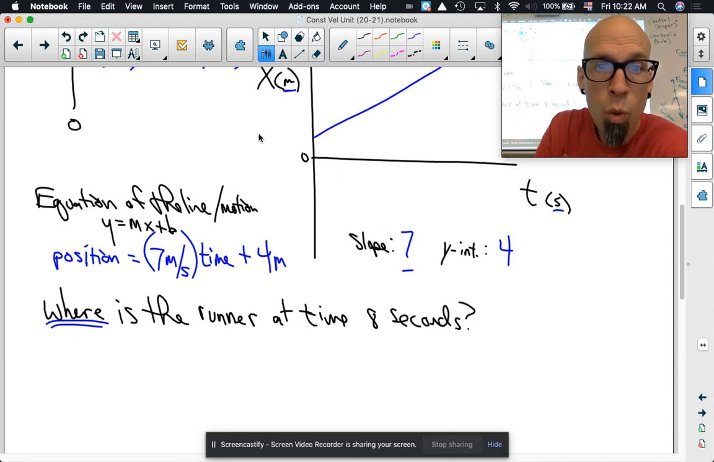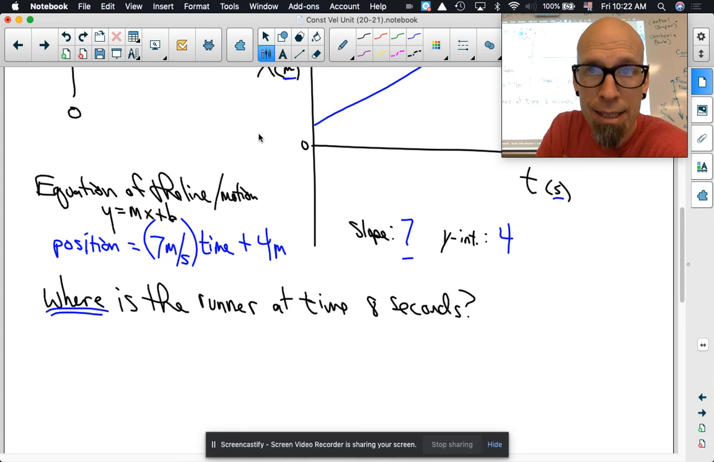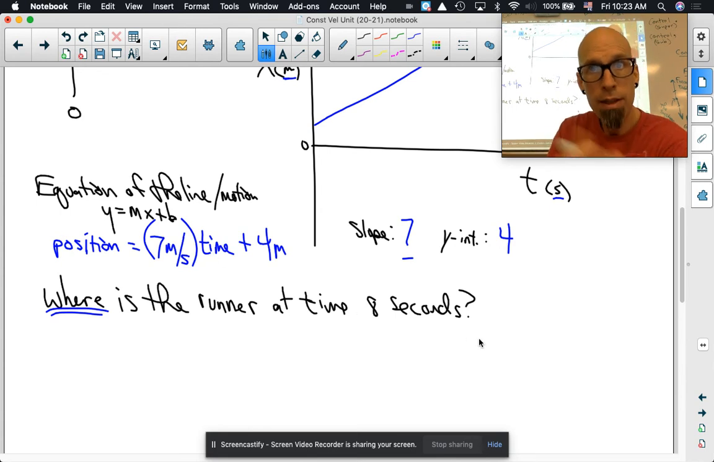Next question. Where is the runner at time 8 seconds? Where is the position of the runner at time 8 seconds? So now I'm telling you, these two are variables. Position and time are variables. Now I'm telling you when, that's 8 seconds, that's time. And I want to know where, that's position, at a time of 8 seconds. So I'm hoping that you're seeing that you substitute 8 seconds in for where time is, and then you solve